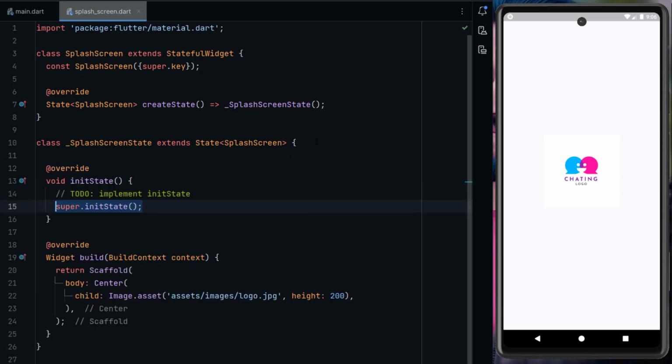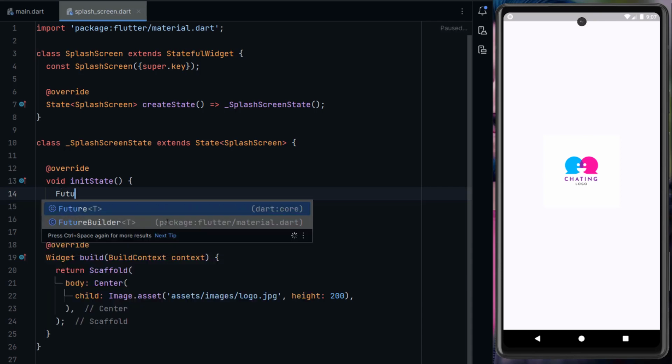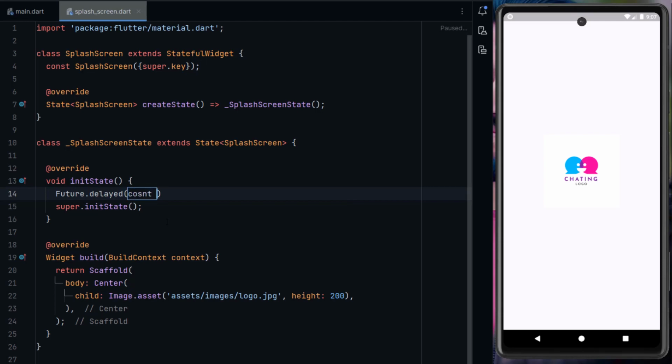You all know about the init function. The init function always starts before the build function. When our splash screen is called, then the init function will be called. I hope you all know about the init function. Now in the init function, here we will write code to make a decision about the next screen, on which screen we need to navigate. Here we will use Future.delayed with a constant duration,